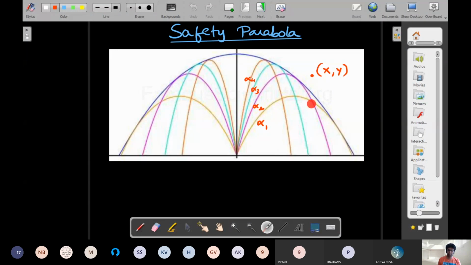And now you get an idea: if delta is less than 0 in the quadratic expression, then you end up having no real roots, and the point should lie outside. So the one that I drew just for generality, if I substitute it in, the tan alpha quadratic should have no roots. So here no roots, here two roots, and for points where it touches only once, you end up having a discriminant equal to 0. So that's the whole idea.